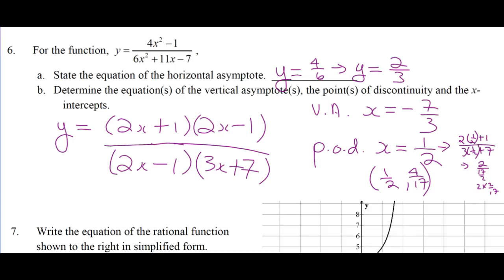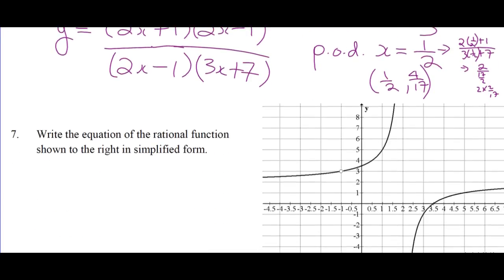Okay? So that's how that one works. Is there more? No, that's it, right? All we're doing here is stating some characteristics, as we're not asked to graph it. You can be pretty certain that on the quiz you're probably going to be asked to graph something. But if you're not,